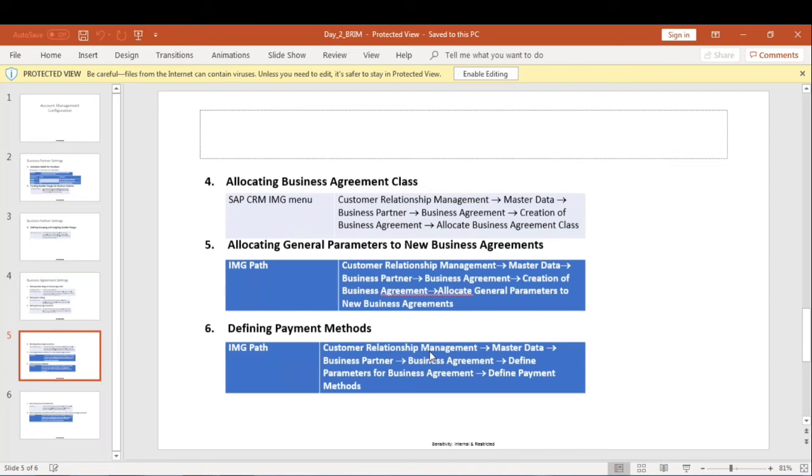And we have allocating business agreement class here, right? In this configuration step, we define how the customers can be created, Venkat. If we take the example of Amazon, we register through the commerce portal, right? Yes, ma'am. That is one way. Or else, for certain organizations, there will be dealers.